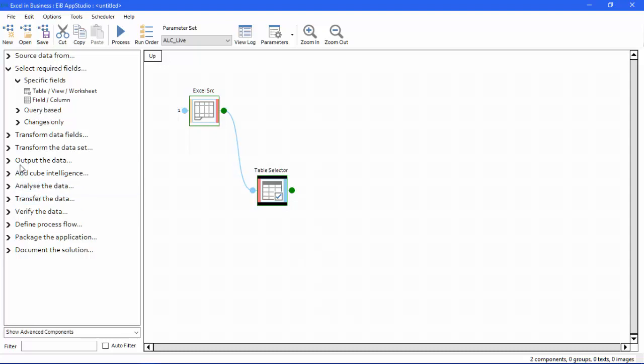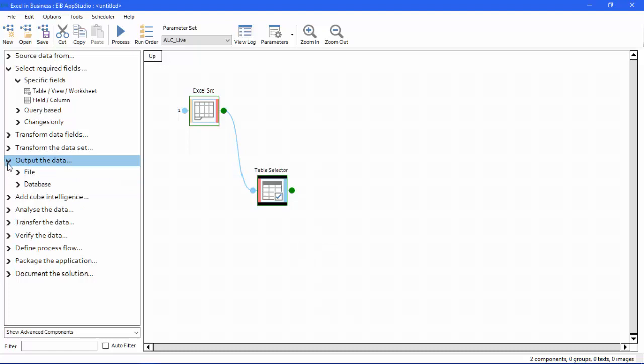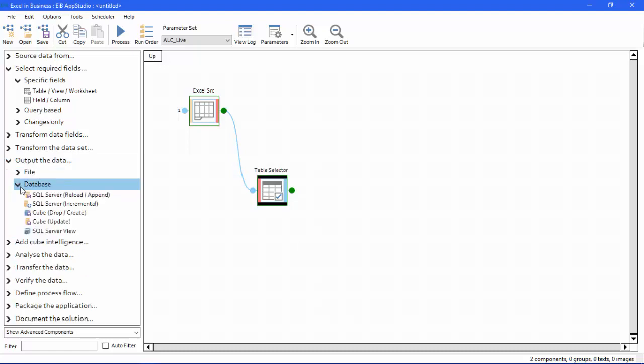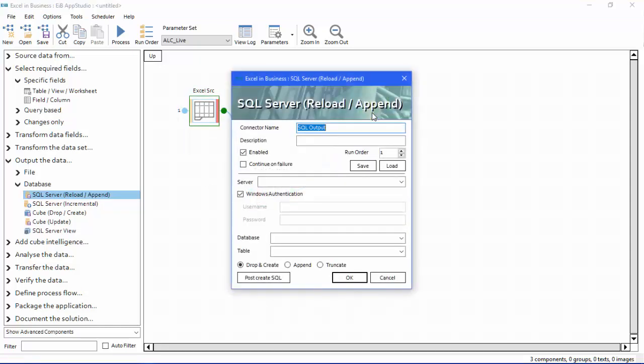So how would we do that here? I need to output the data, and where do I want to put this? I want to put it to a database. So the first thing I'm going to do is create a SQL Server data warehouse. By double clicking on here, it now creates the SQL Server warehouse object, and this is where I obviously have to know some information. I have to know the name of the server that the information is stored on, and I have to know my credentials. Obviously your IT department are not going to just let people willy-nilly create SQL Server databases, so I have to know my authentication details here,